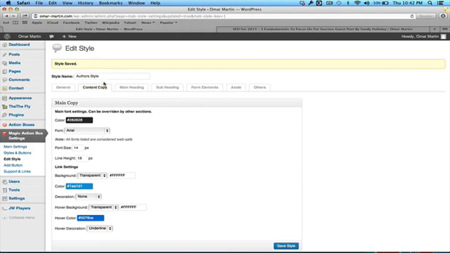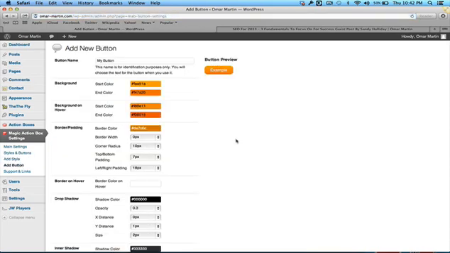And the cool thing about it is once you get your styles set up, you can save them, and you can apply those styles to different things. Now, I'm just in the Edit Styles button. In the Edit Styles section, you can also edit buttons and have default buttons that you use all the time. Just a whole bunch of different things that you could do with action boxes here.